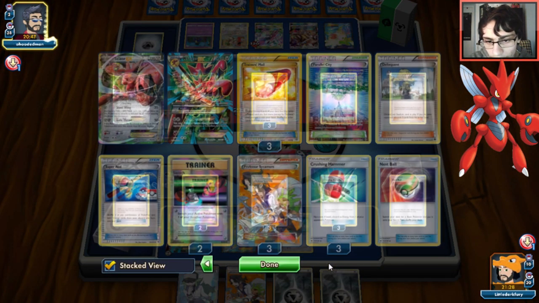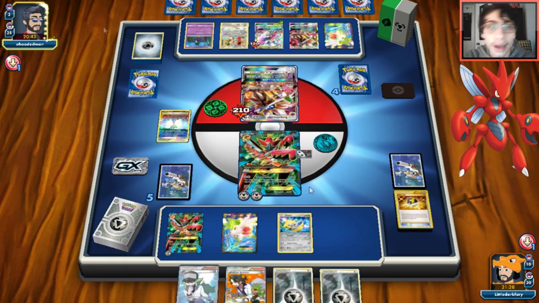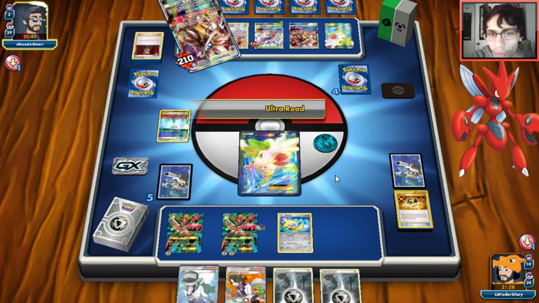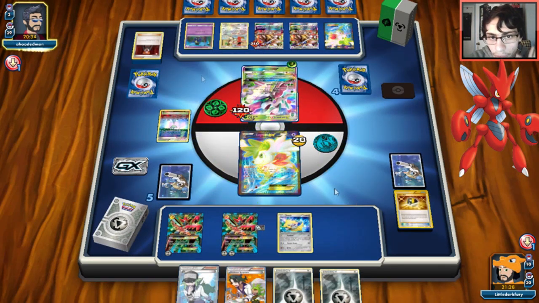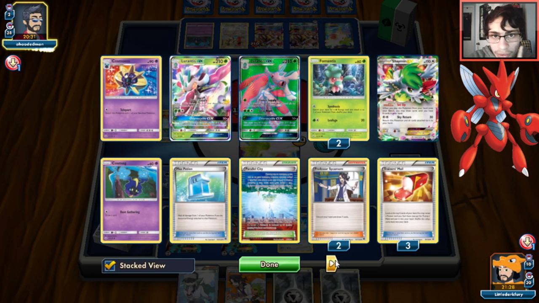How many VS Seekers do we have left? 2. So, I can see us still winning. Oh, he had a Grass. He does play 5. And a Lysander. Interesting. We can still retreat. Buys us a turn. If we can get Team Skullgrunt here, this is going to be huge, because we can Skullgrunt his...